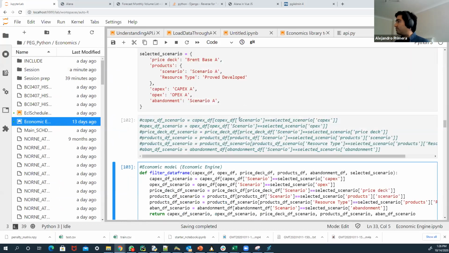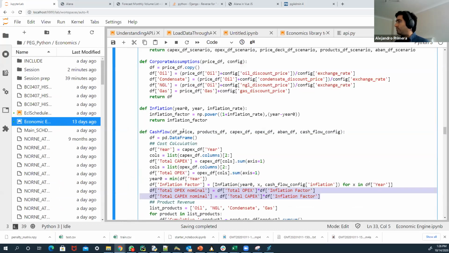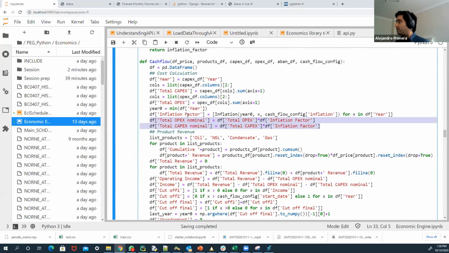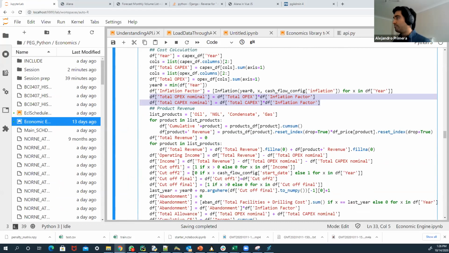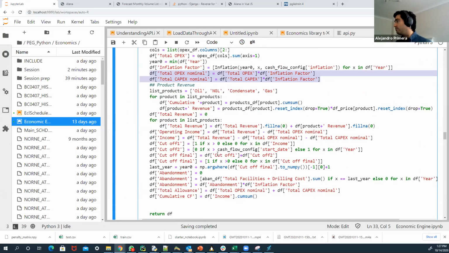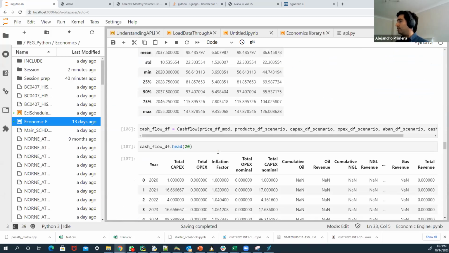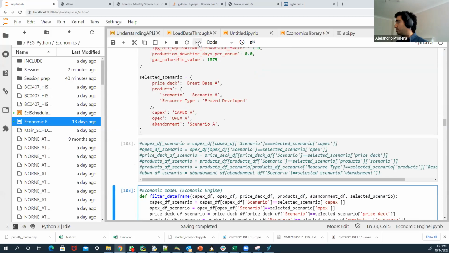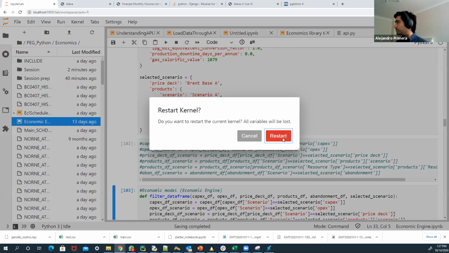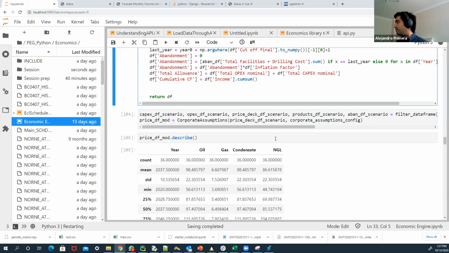In this case, we have already the cash flow model built completely up to the pre-tax. I haven't built the post-tax assumptions in this, or the fiscal regime assumption on top of the model, but that's something that we could do. So if I run all this notebook again, that I think I need to do, what you have is, okay,